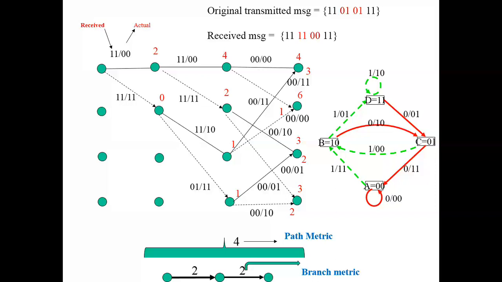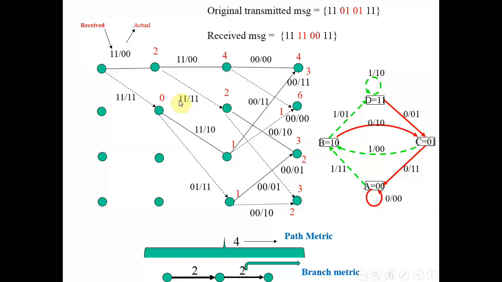And there is a process which is called the elimination process. When is the elimination process going to start? The elimination process will start when each node or each state receives two different inputs simultaneously. So in this particular diagram, at this point, this particular node or state has two inputs, one coming from this, one coming from this. This state also has two inputs, one coming from this, one coming from this. This state also has two inputs coming from this and this. So all the four states receive two inputs. Here the elimination process will start, right? That is the important point of Viterbi decoding.